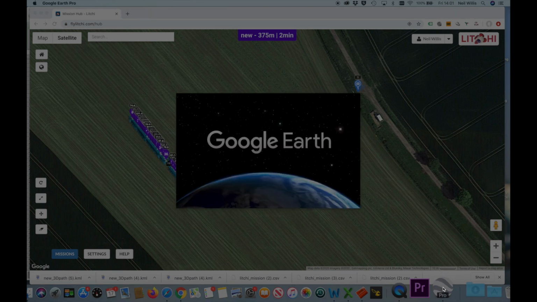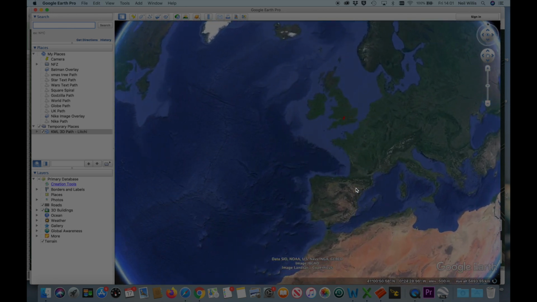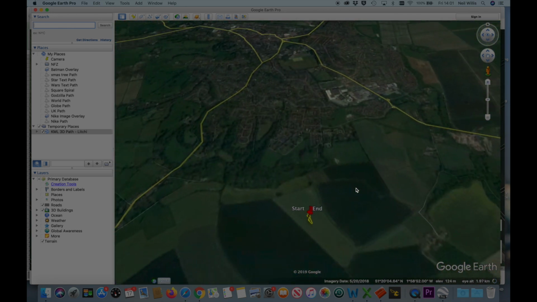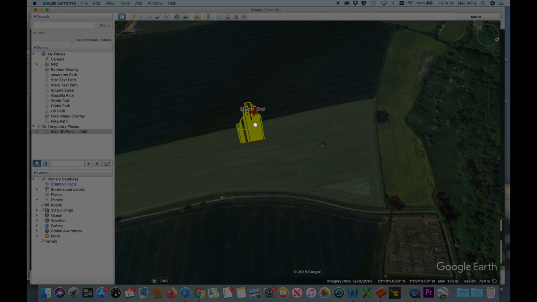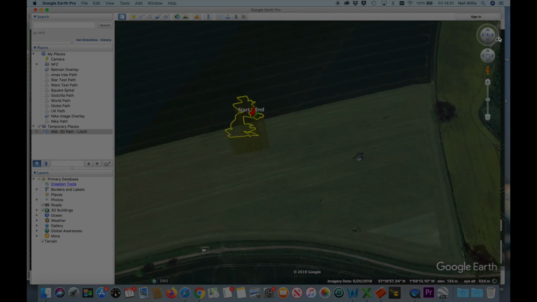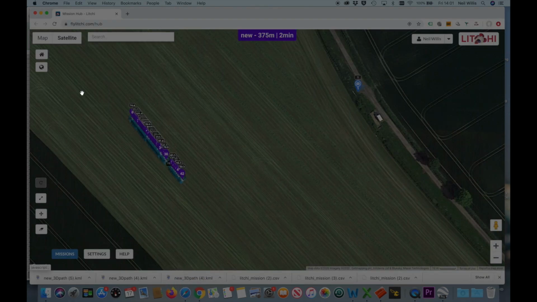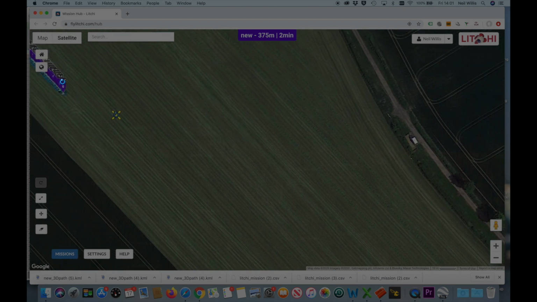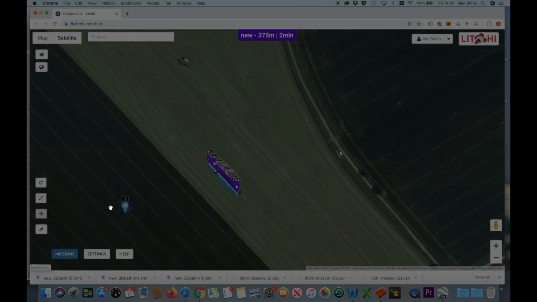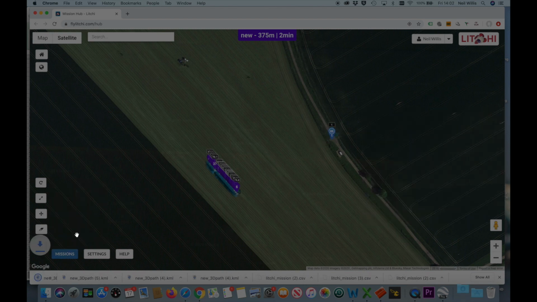So this is our Litchi mission converted into a vertical, and we can check it now through here. So there it is, albeit the wrong way round actually. It wants to be the other way. So to do that, if you do find it's the wrong way round, just rotate it, spin it round, drag it back into position, and then move your POI to there, export again, go back into